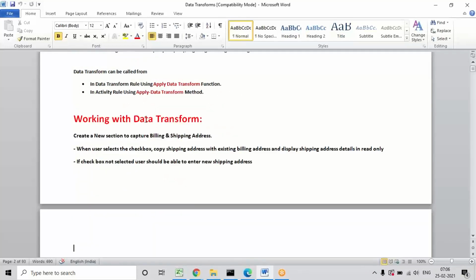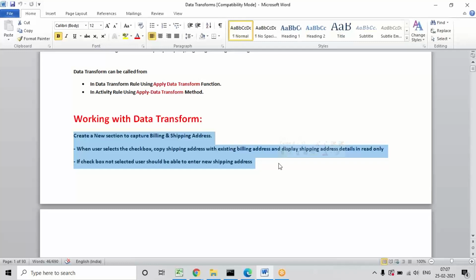Here we are going to do one requirement. Generally in many web applications we see a billing address form and a shipping address form, which contain some common fields. I'll be creating some new UI designs today: a billing section and a shipping section, two designs with some fields. I'll also use a checkbox option between these two sections. If I select the checkbox, the information given in the billing form should be copied to the shipping form. If the checkbox is not selected, the user can enter new data in the shipping address form.